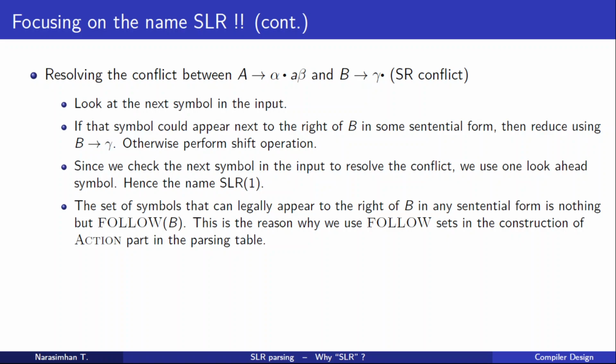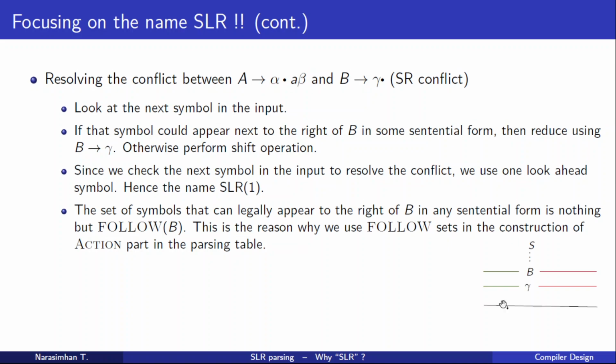Let me just write with this figure here. There is a bottom up parser. You start with the input string, and in every step you determine the handle and replace that handle with the corresponding left hand side, and finally you end up with the start symbol in a couple of steps. At one instant of time you have a sentential form like this, and gamma is the handle there.